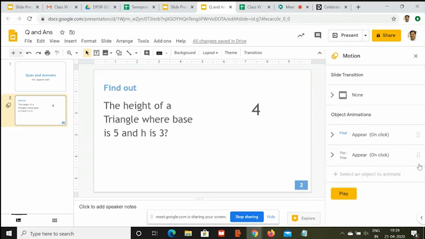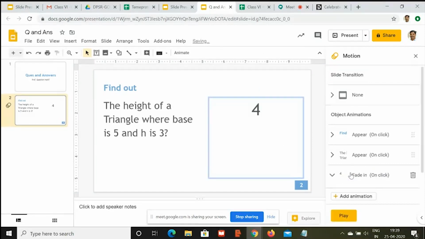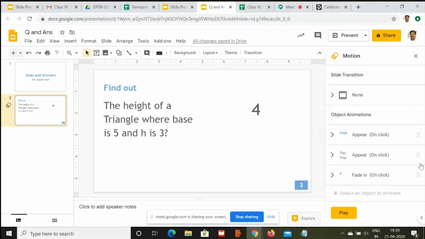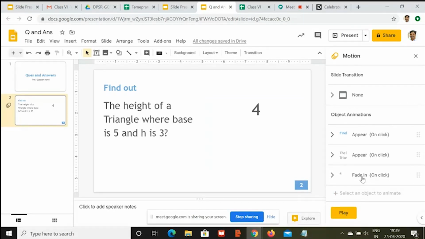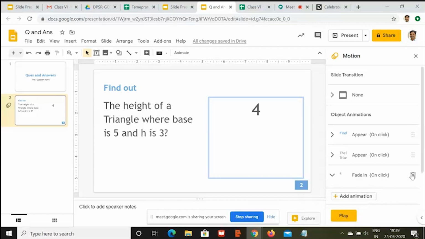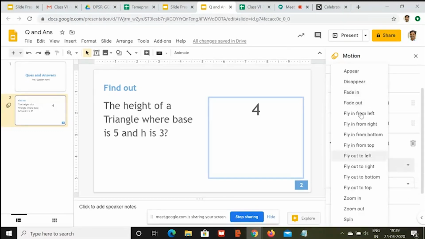So add animation, and then on click to scroll it down, change it to appear.